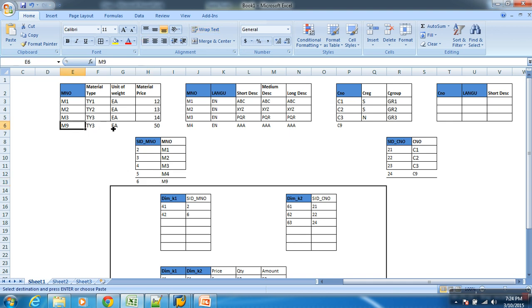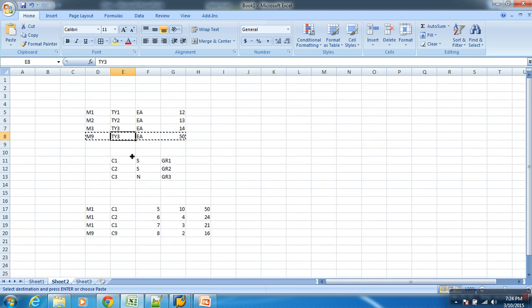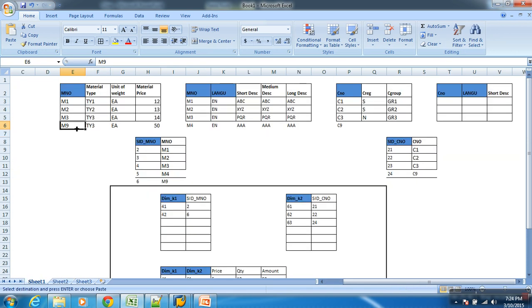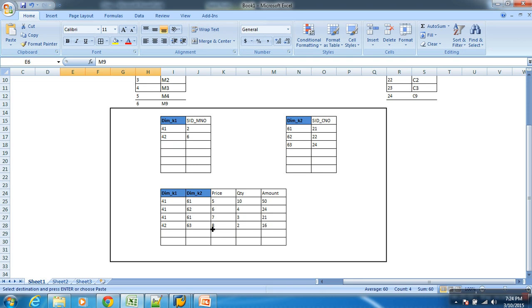Okay. And one more point: master data is overwrite. When I say overwrite, say I have the material master M9 already. If I load the material master again with M9, it goes and overrides that record. For example, now in the source, the product of M type is changed to type 1, and the price is changed to, let's say, 60. If I load this material record again, what happens? Since the material number M9 is already there, it goes and overwrites it. So the property of master is always overwrite.